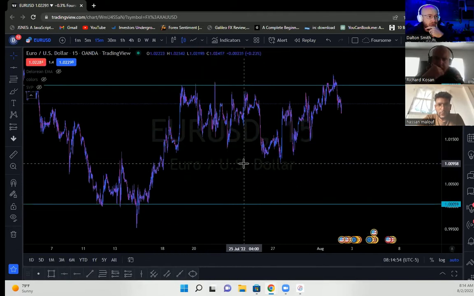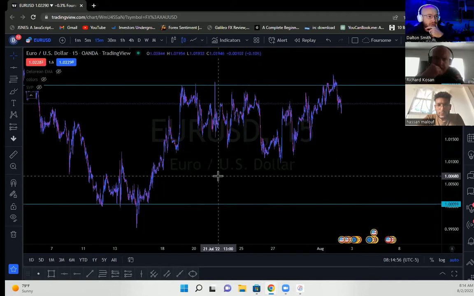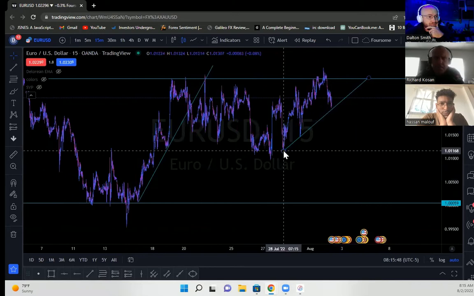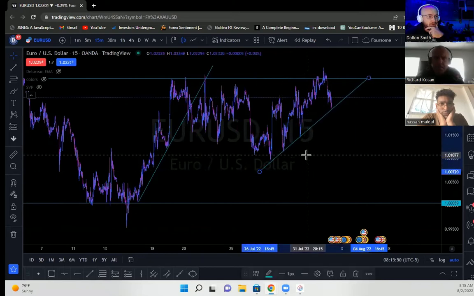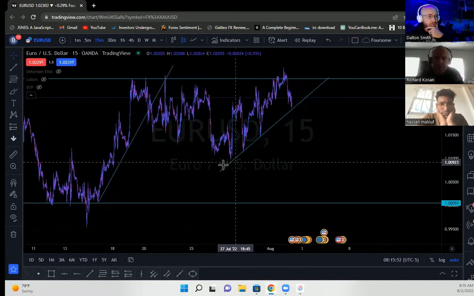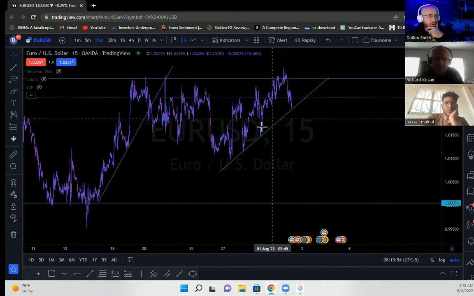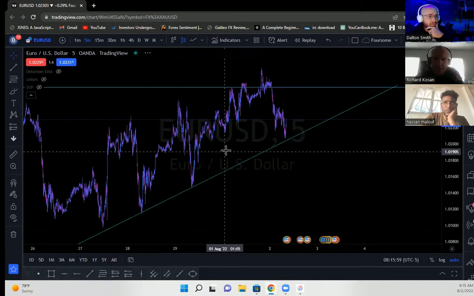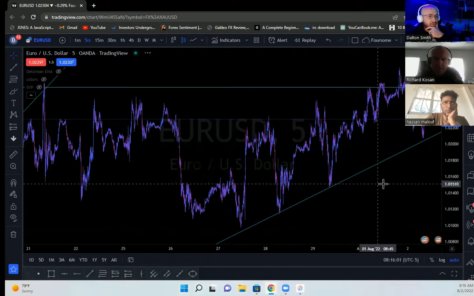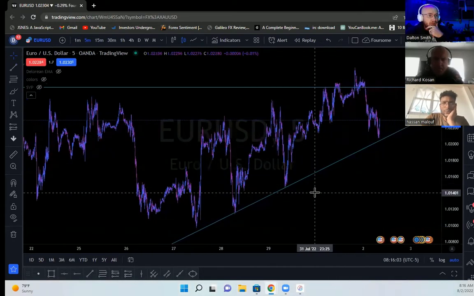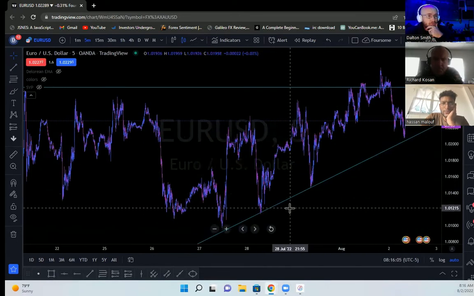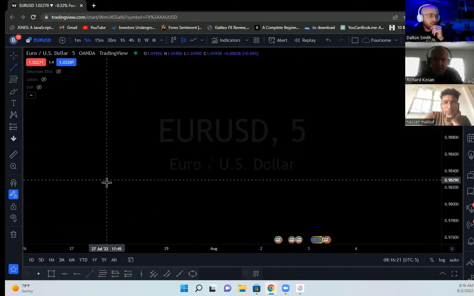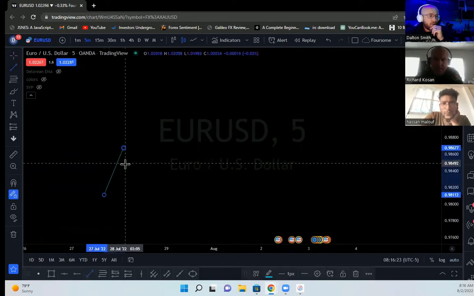I box it in to see what it's bouncing off of currently, heavily. So I try to find the trend lines and find out exactly how the market is moving. When I see it moving up a trend line like this, I trade on the 5-minute time frame. I come in and I look for these key little movements. If movements look like this, we'll go